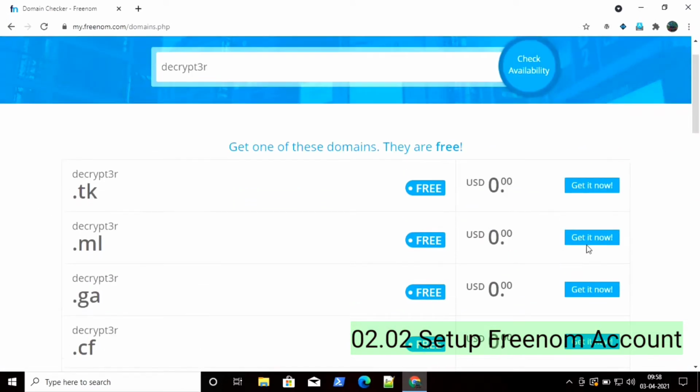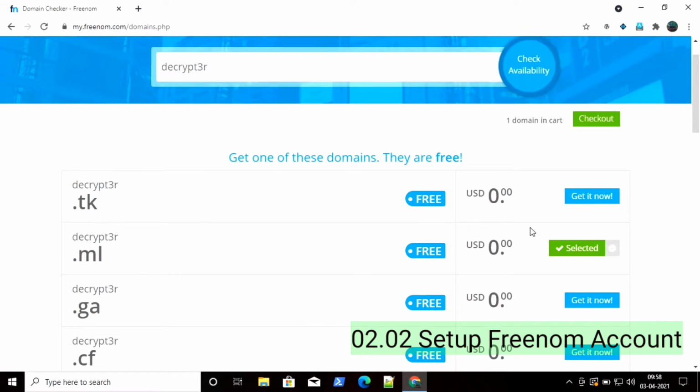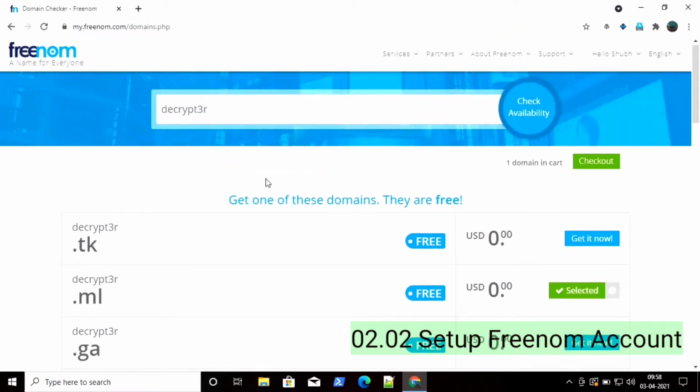It will load. Now here you can see I have successfully got the result. Now click on any domain and click on get it now. Here you can see it is not showing the not available error. So this is how you can register your account on freenom.com and select any domain you want. In the next few videos I am going to share how you can proceed further by checking out this domain